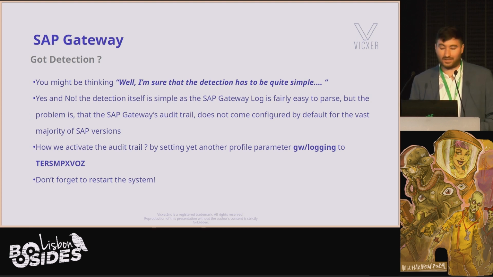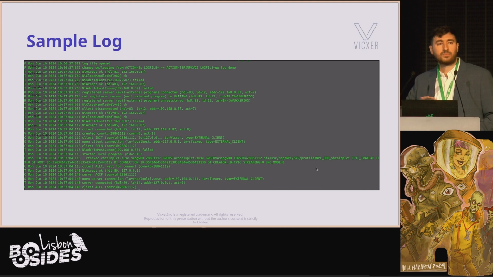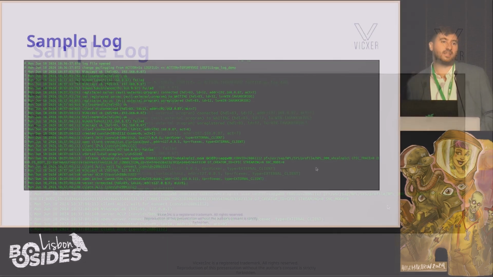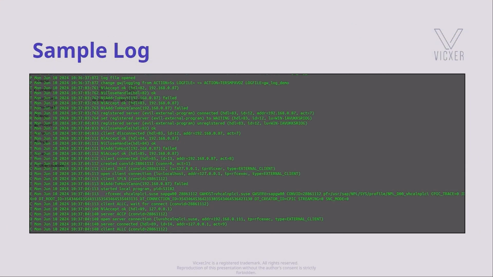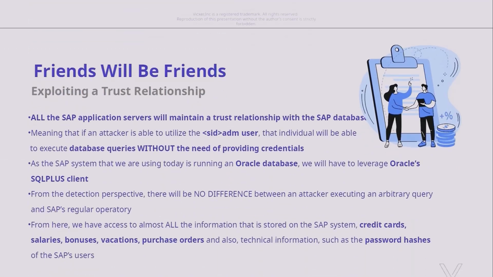And once you have that audit trail, you can do it with this profile parameter, then yes, the logs are going to be processed. There are not two logs in SAP that are similar. Here they went wild. Every single service will have its own syntax, its own logs. Some of them will be really easy to parse, as you see here, the gateway. Some others, like the main audit trail, no, they're not even plain text. Some are binary. So good luck ingesting that in Splunk.